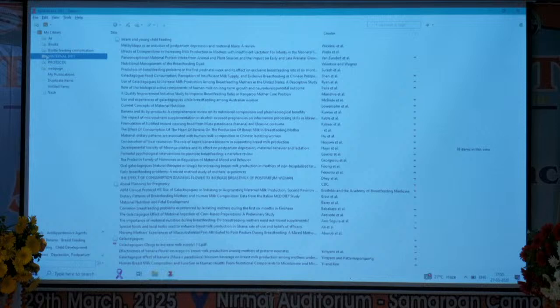Can you see my cursor? Maternal diet, related to maternal diet. Both articles I have downloaded and added here, okay. Can you see this one? Follow my cursor. Here, plus. Can you see here?